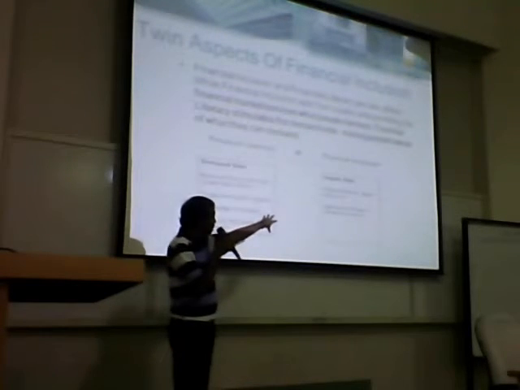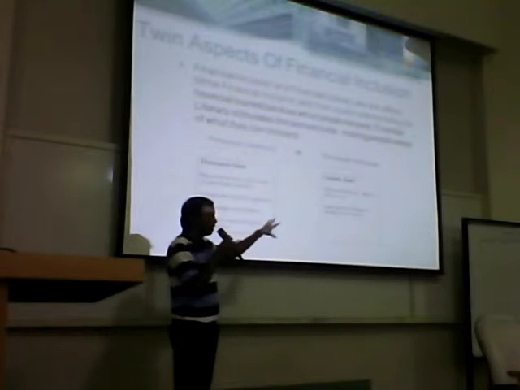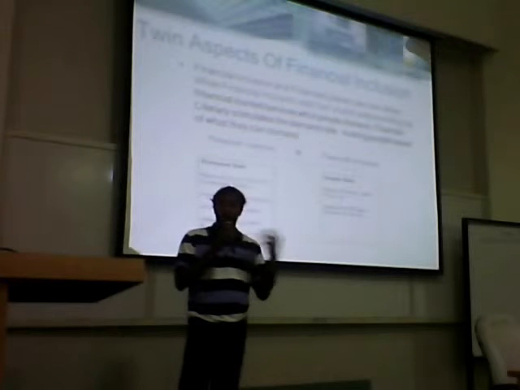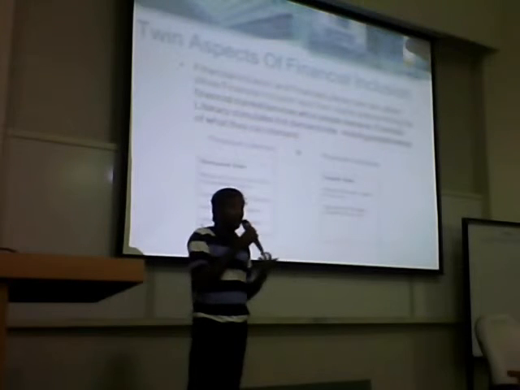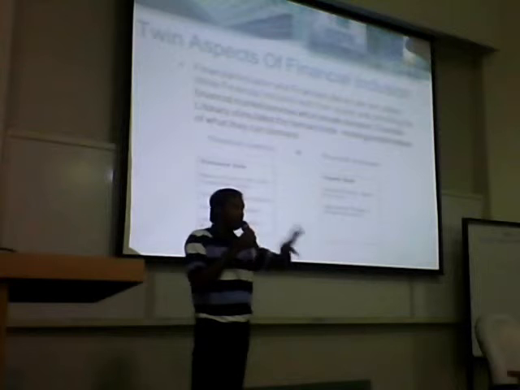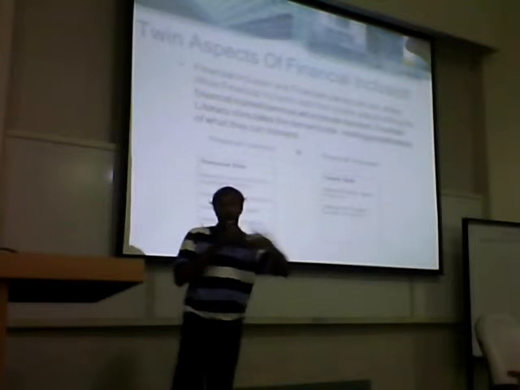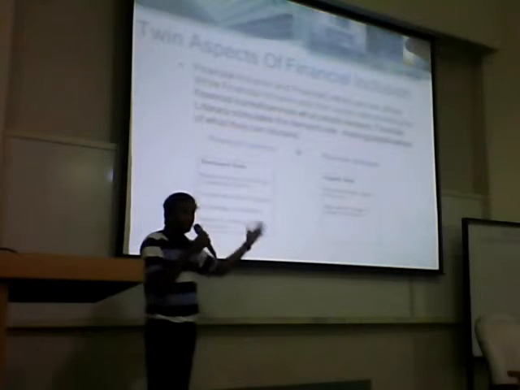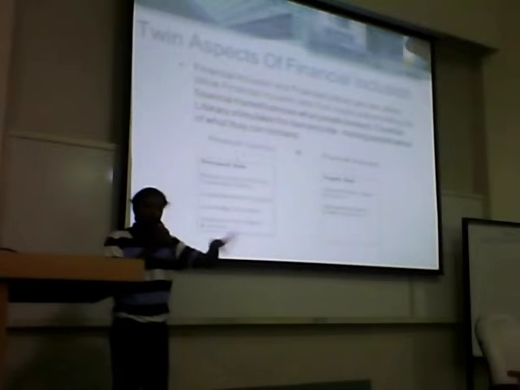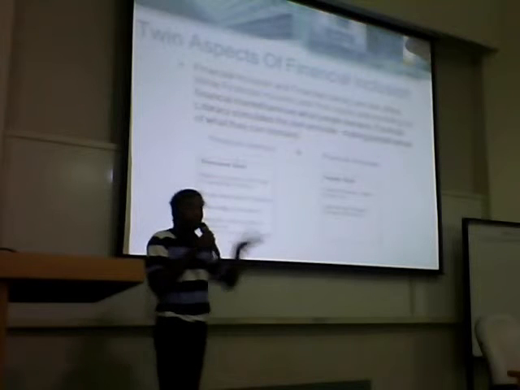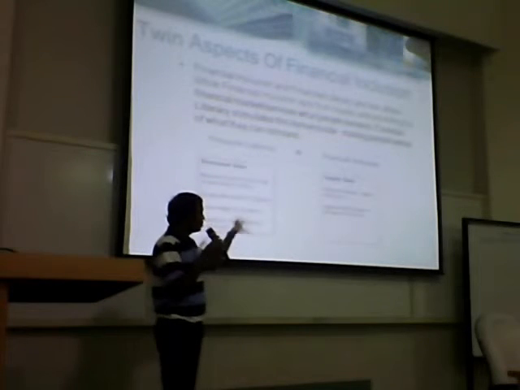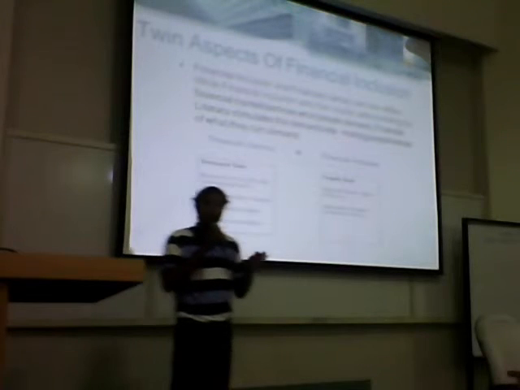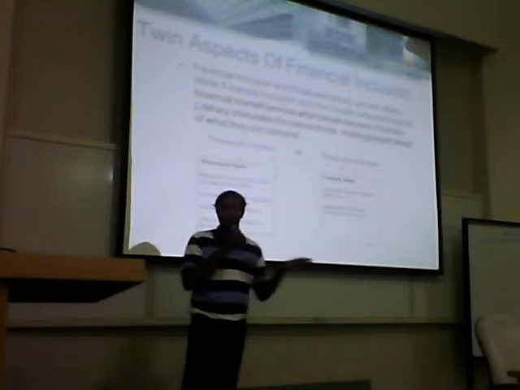And the financial inclusion takes care of the financial markets, banks and services. So they come up with new products and services. They customize them according to the needs of various people in the low-income groups, because each of them has different needs. So they customize their products and services, focusing on a particular group, and try to improve the effect of financial inclusion. So these two are the most important elements in the proper functioning of financial inclusion.